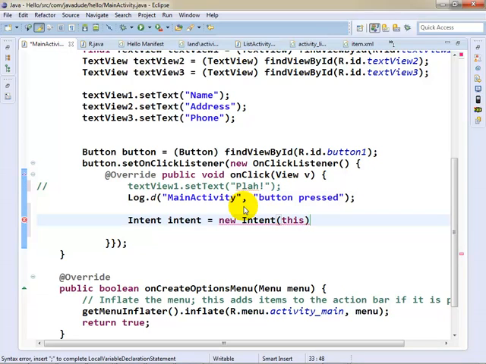Be kind of careful on this, because right now if I say this, what am I referring to? I'm referring to that inner class instance. So what I'll need